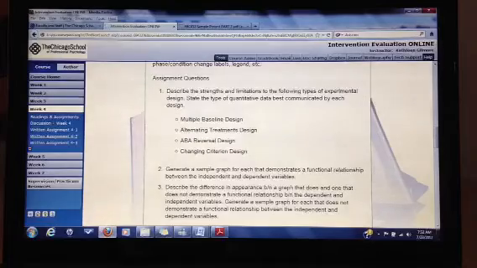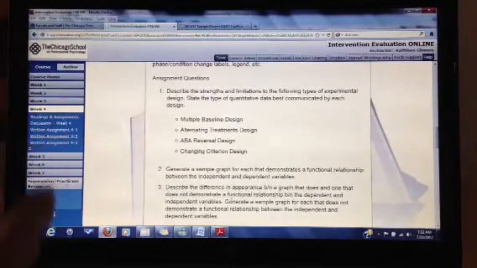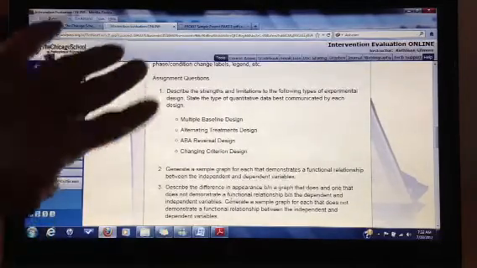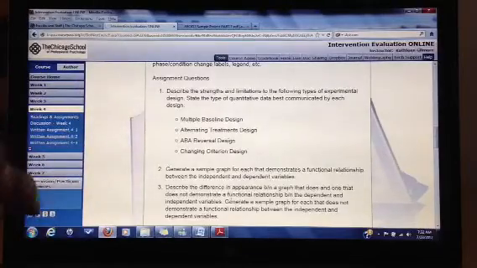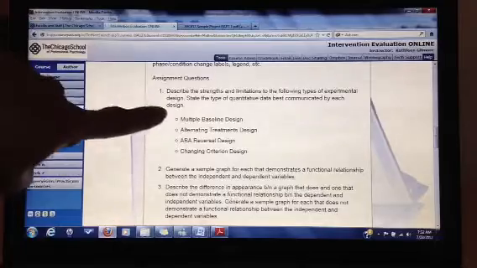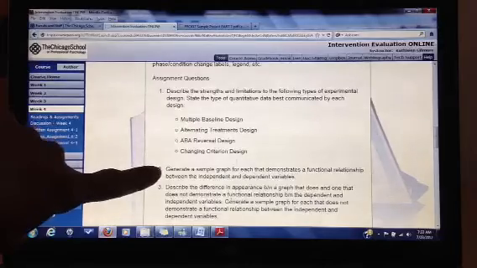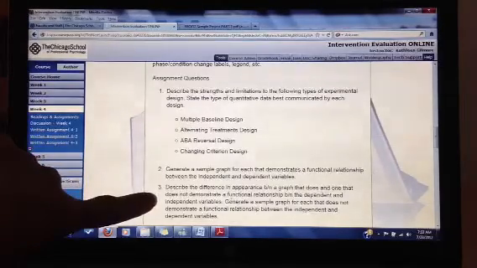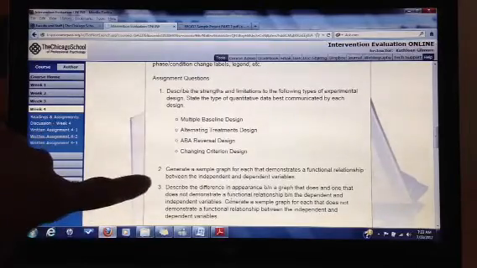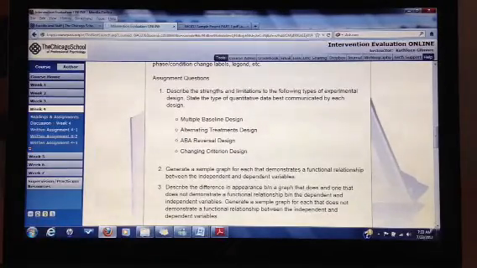You're also asked to generate a sample graph for each of these designs that demonstrates a functional relationship between the independent and dependent variables. And then you are to describe the difference between a graph that does show a functional relationship and one that does not, and then to generate a sample graph for each design that does not demonstrate the functional relationship. Okay, so make sure that for each one of these designs you talk about the strengths and limitations. You make a sample graph that shows a functional relationship, a graph that does not show a functional relationship, and describe the difference between those two graphs. Okay, again, check the rubric,